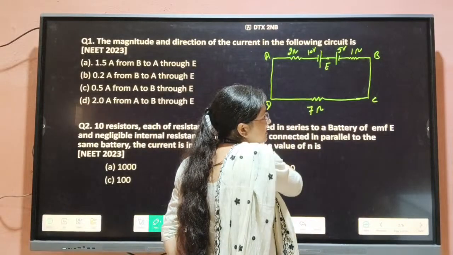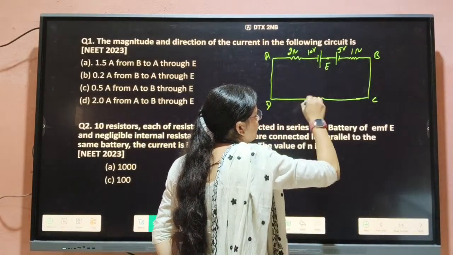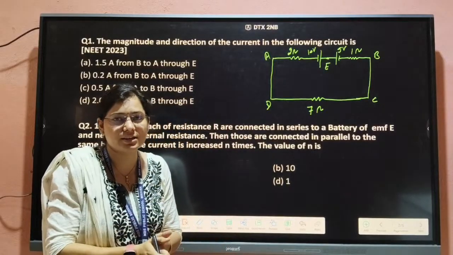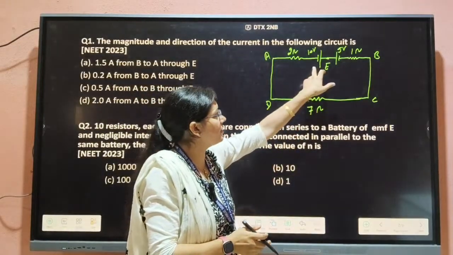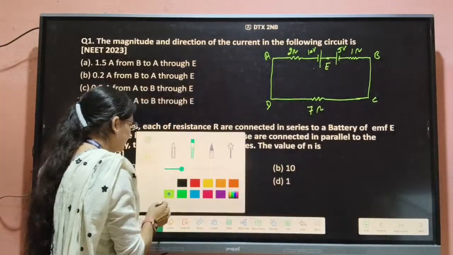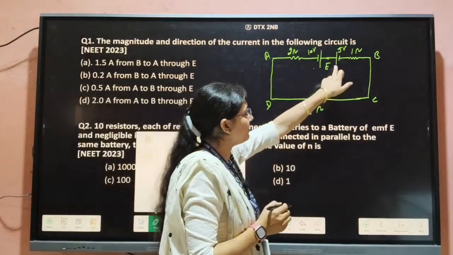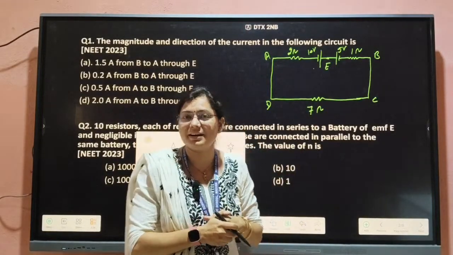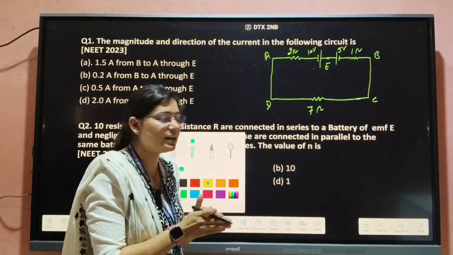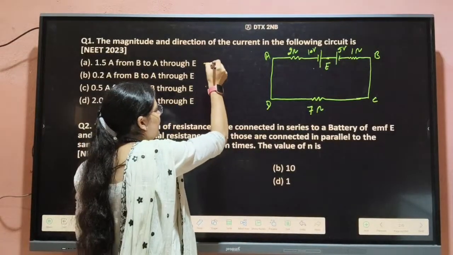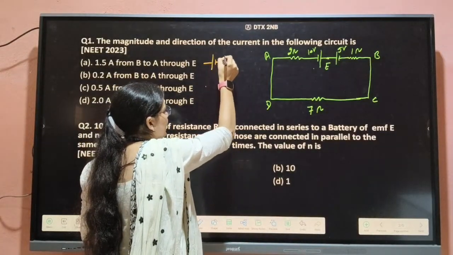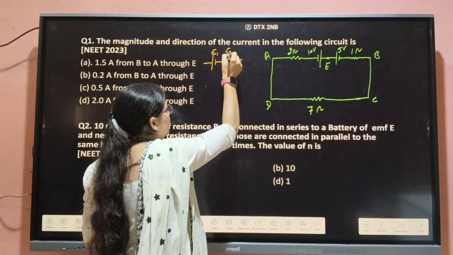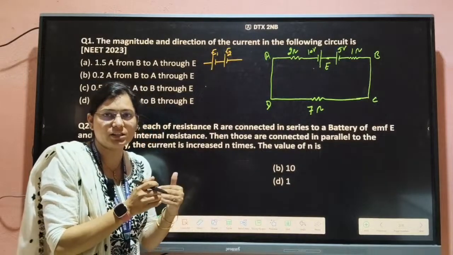There are two batteries given, two voltages, and three resistances. First we have to check how the current will flow in this circuit. Here one is a 10-volt battery and the other is a 5-volt battery. Then we have to check the terminals of these batteries. If the same type of terminals are connected in series, positive-negative, then positive-negative, and we write their EMFs as E1 and E2,